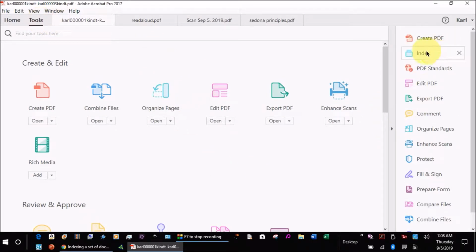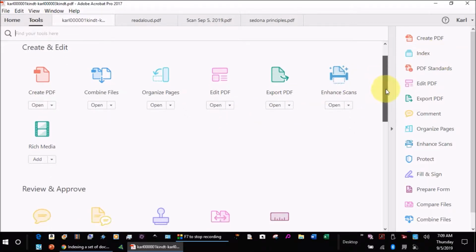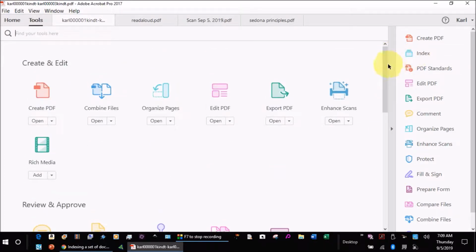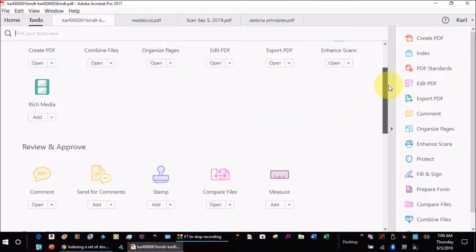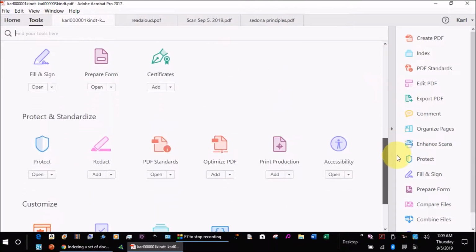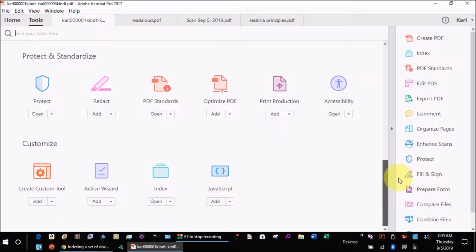Over here is a handy place where you can place the tools on a sidebar instead of having to scroll down through them. Like here, in order to find the index option, it doesn't show up maybe at the top here, and so I'd have to scroll down and find where that indexing option is, way down here at the bottom, index. But what I did is I just grabbed a hold of it with the left button, and I dragged it over and I dropped it over there in my sidebar